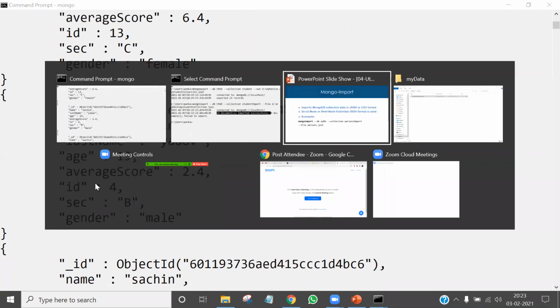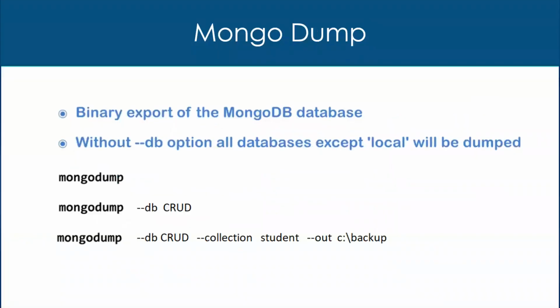Now let's discuss the next utility, that is Mongo dump. Mongo dump is again a very important utility if you want to take a backup of your database, collections and documents on a regular basis. The Mongo dump utility backs up all the data in BSON format.